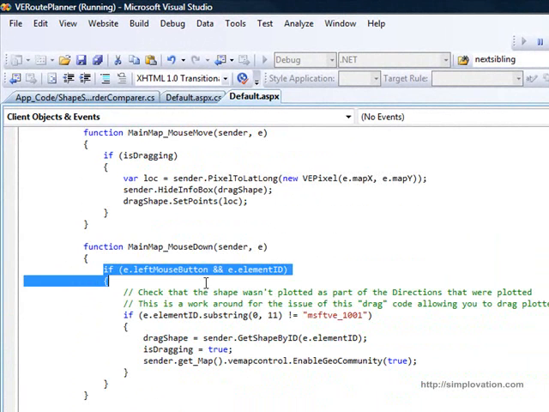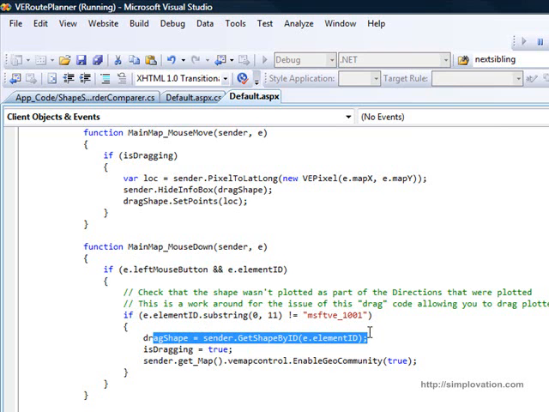When the mouse is down, we check if the left mouse button is being held down and a push pin is underneath the mouse at that time. If it is, we get the shape with that ID that was passed in from the event handler,